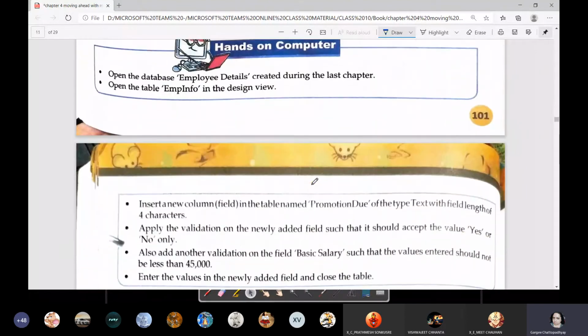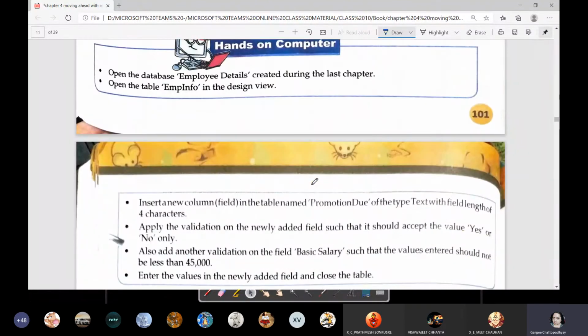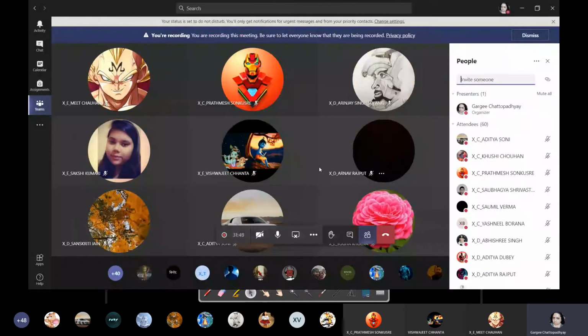So in the last period, I had explained to you about data validation, field validation, as well as record validation. So let me first ask you, what is the difference between the two? Meet Chauhan, are you there? Yes, ma'am. Can you tell me what is field validation?